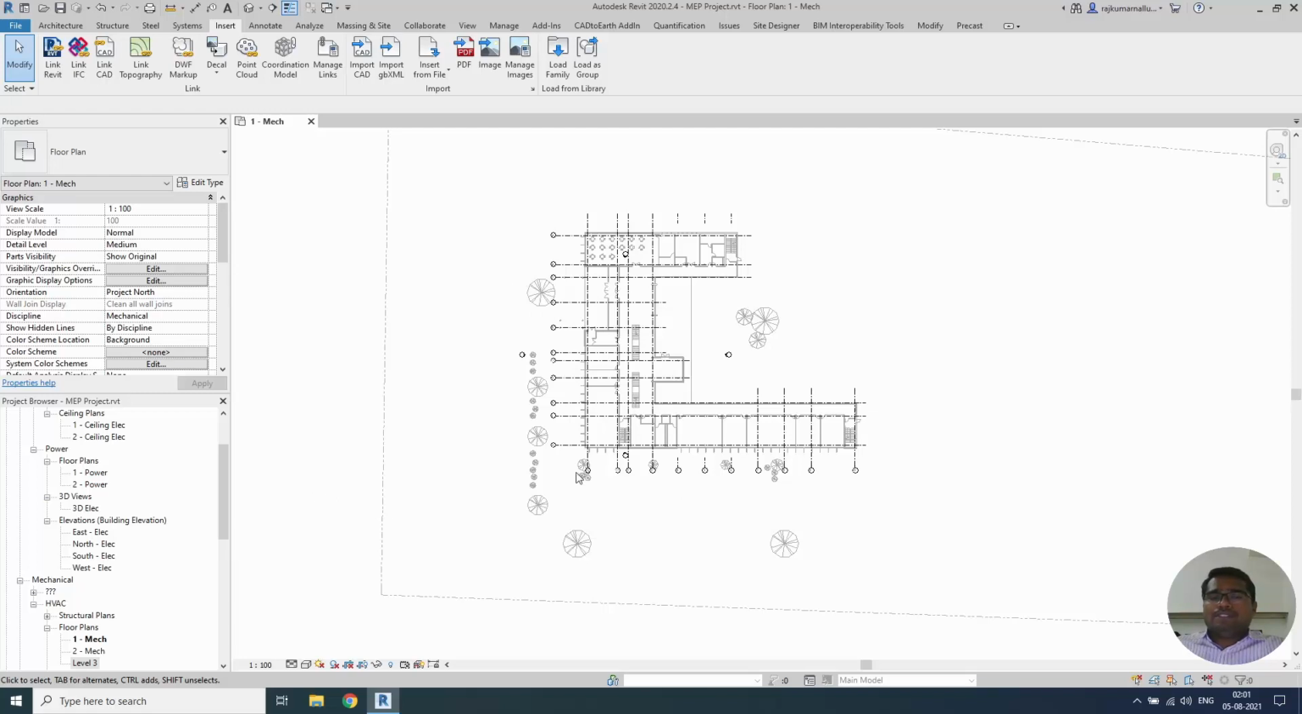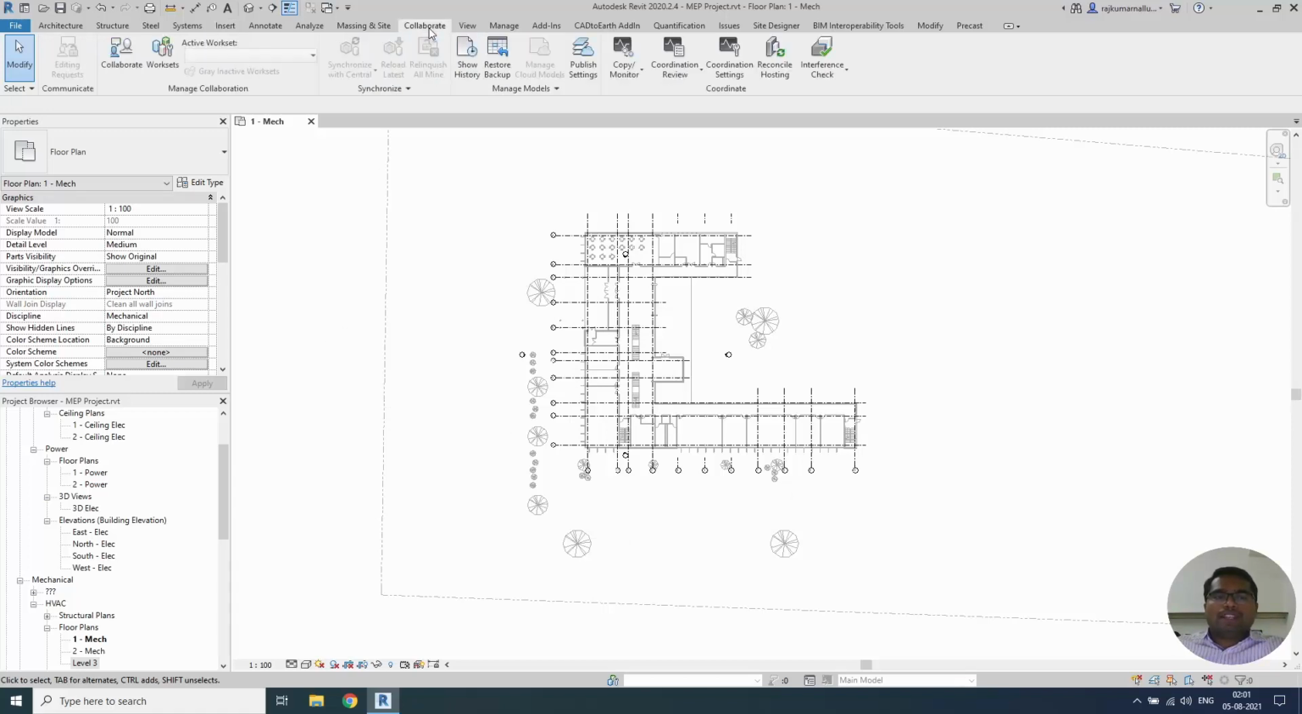Once it is done, you can go ahead and do the copy monitoring of grid, which is on the plan view. To do a copy monitoring, you'll have a tab called Collaborate. You can go to the Collaborate. There is a Coordinate option which is in this place. You can use the Select Link